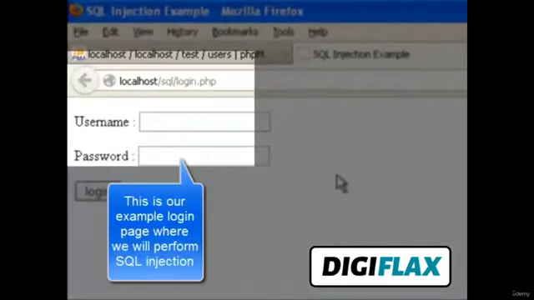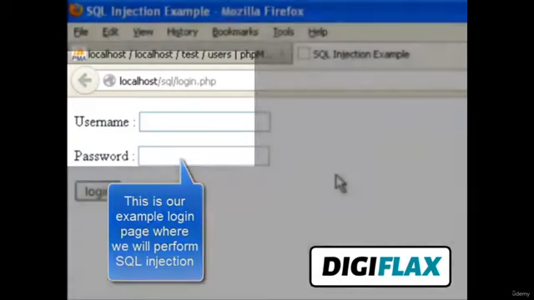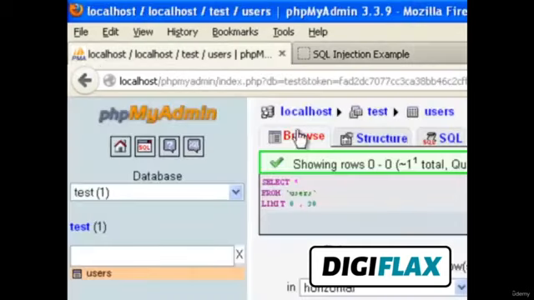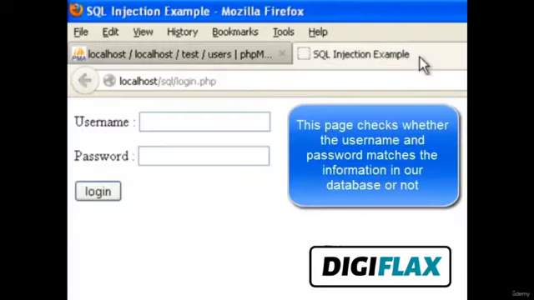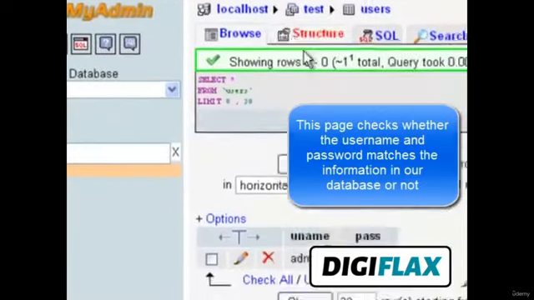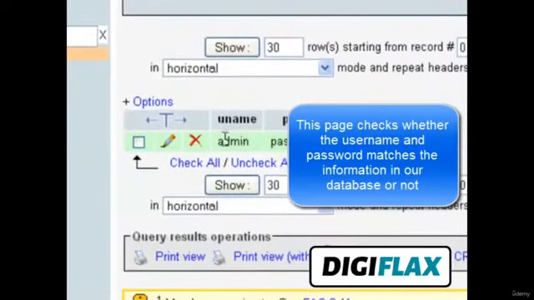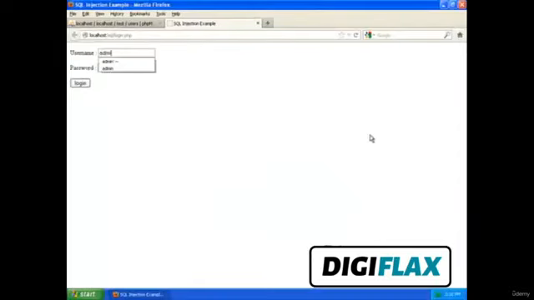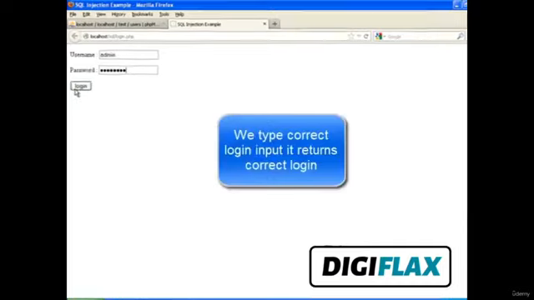This page is basically a login page which checks whether the username and password you enter here are valid and registered or not. So it should be checking whether the username is equal to admin and the password is equal to password or not. So let's try admin and password. When I click login,